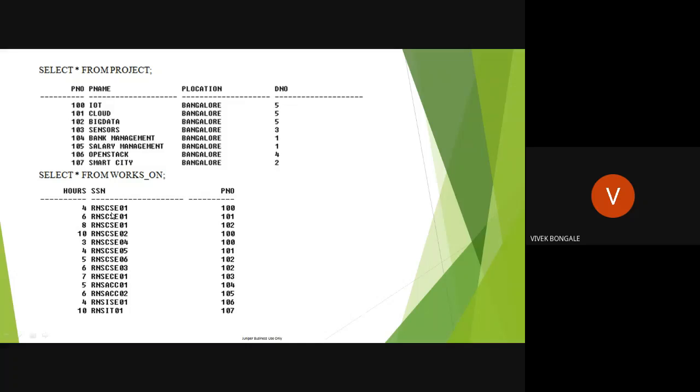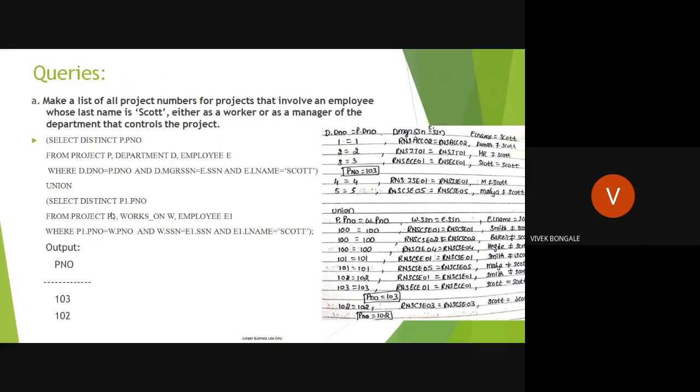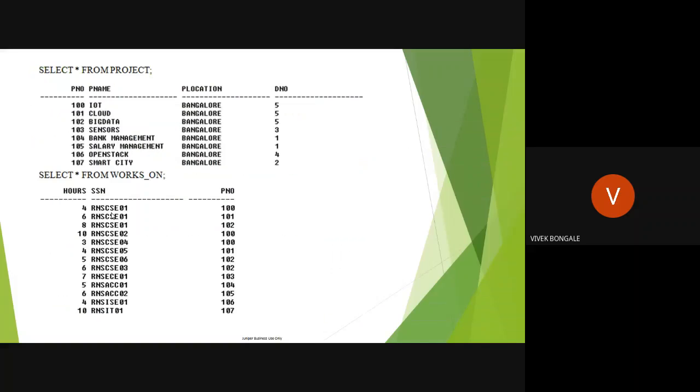No need of comparing again with the department number and the project number. We need department number when he is a manager, but when he is an employee, we don't need the department number. We are concentrating only on the project number. So that we will easily get in the works on table, that is SSN and project number.